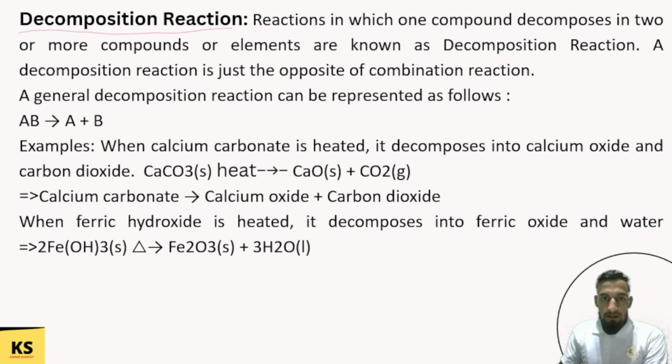Decomposition reactions are, ये हम कह सकते हैं कि ये उसका उल्टा है. किसका? कॉम्बिनेशन रिएक्शन का उल्टा है. Why? Because reactions in which one compound decomposes into two or more compounds or elements are known as decomposition reaction. कॉम्बिनेशन रिएक्शन में हमने देखा था कि दो या दो से ज़्यादा रिएक्टेंट्स आपस में मिलके एक कंपाउंड बनाते हैं, एक प्रोडक्ट बनाते हैं. लेकिन डिकम्पोजिशन में उसका उल्टा देख रहे हैं कि यहाँ पे एक जो बड़ा कंपाउंड है,